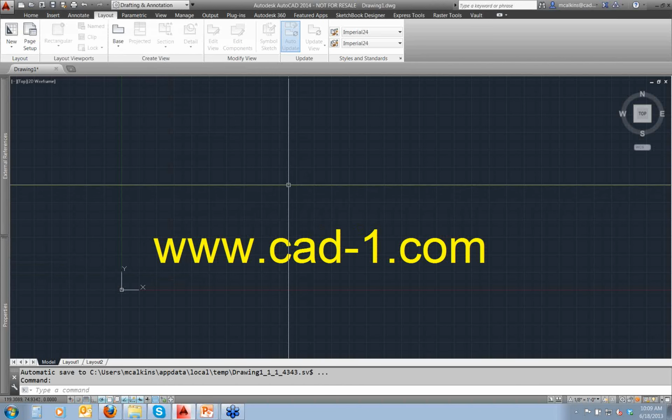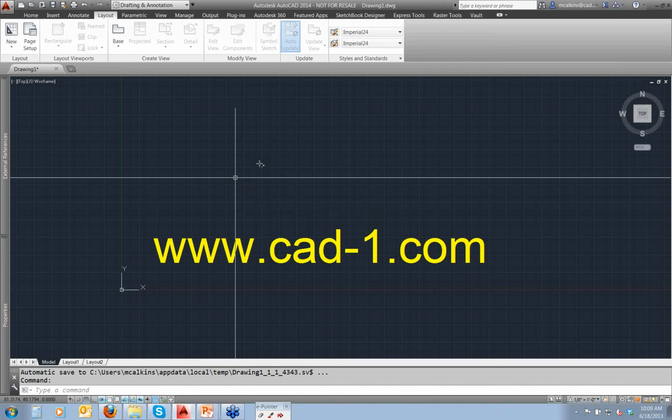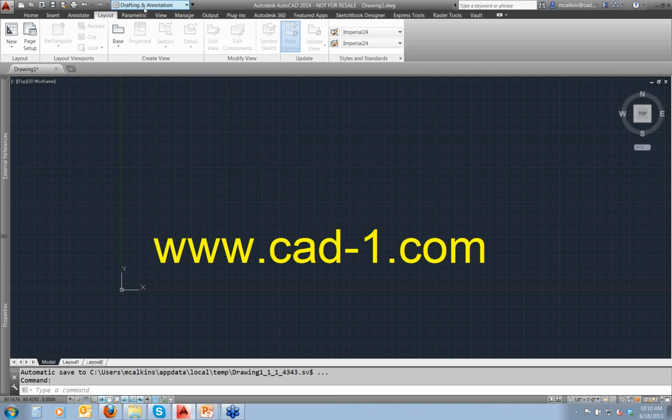Another feature that I'd like to point out is the fact that we have controls called workspaces, or we can use workspaces to save the way that we have set up our user interface. A lot of us might just work with AutoCAD basically in an out-of-the-box setup. And usually what you'll see is the drafting and annotation workspace is the term for these. You'll see it listed. If you're using the quick access toolbar, you'll see it listed here at the top. There's this little gear icon, and you can click that drop down, and we'll get a list of the out-of-the-box